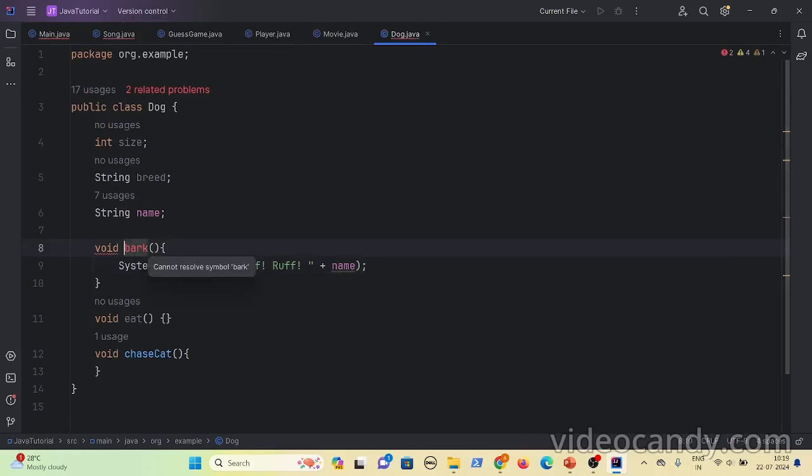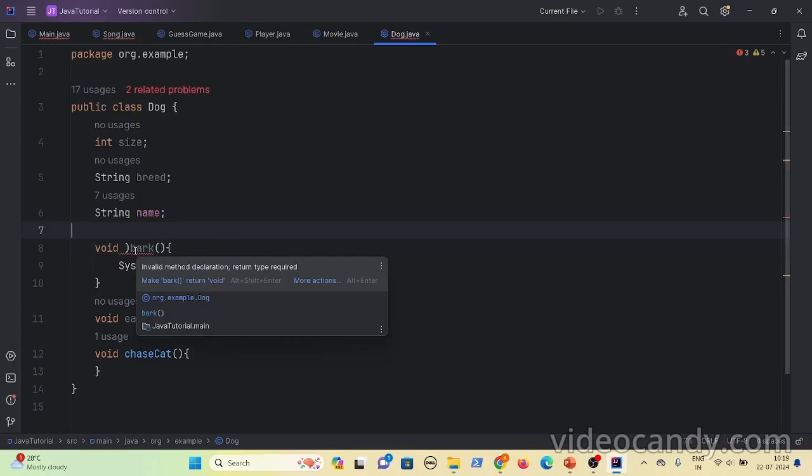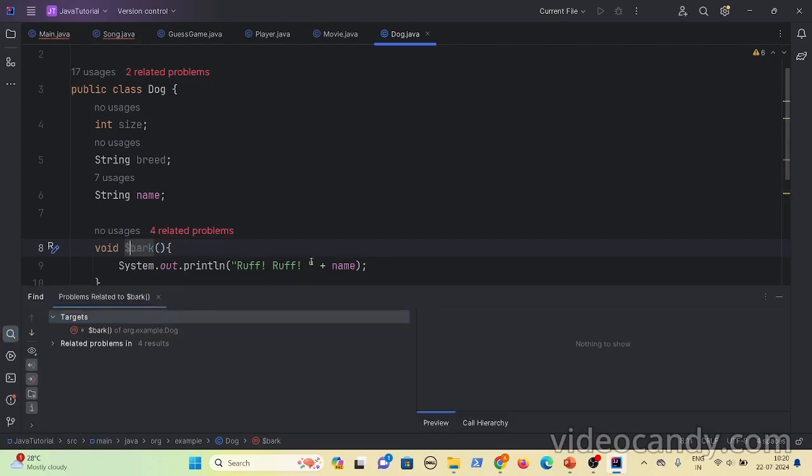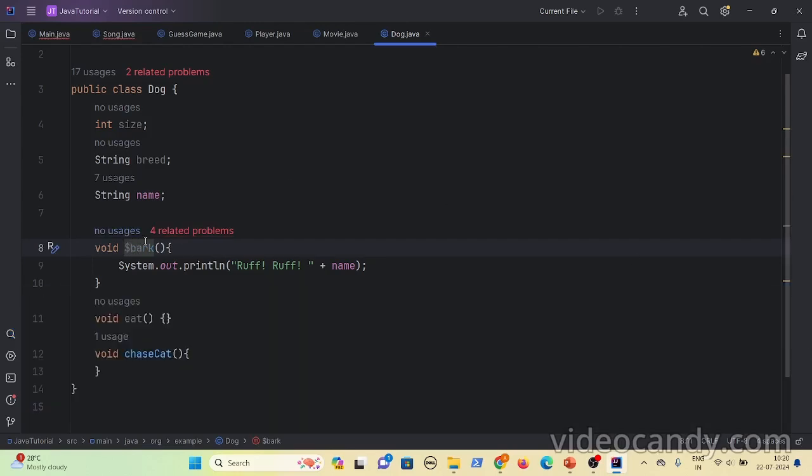Let me try with brackets. Okay, so it is showing invalid method declaration. So even if I give a special character, it's not allowing. Let's try with dollar. There is no problem, okay? If I use dollar, it's not throwing any invalid method declaration. Let's use underscore. It's working fine. Let's use capital A, it works fine. Let's use small a, it works fine.